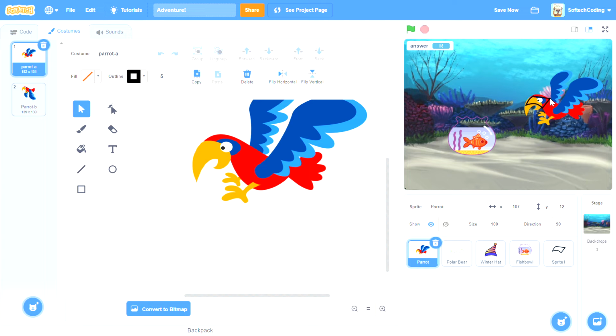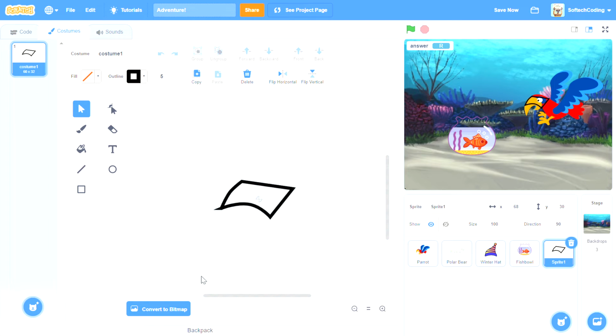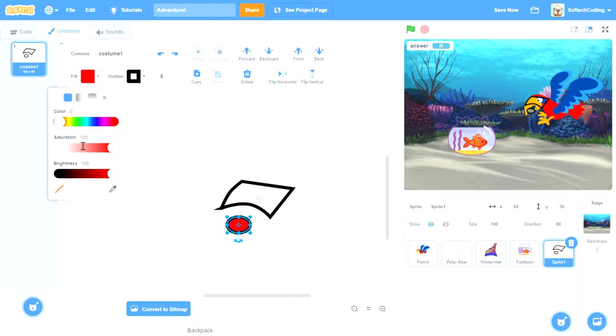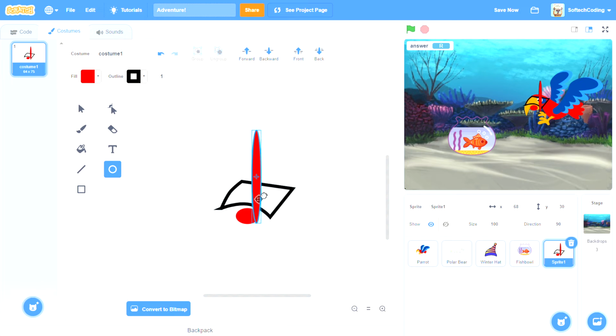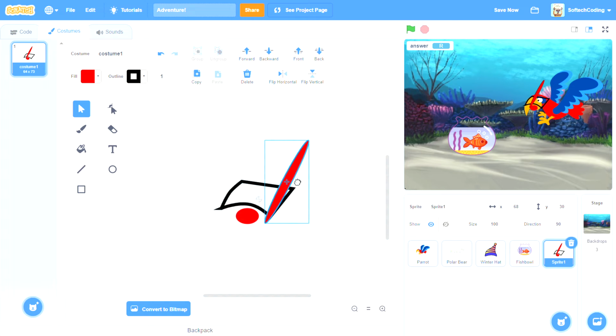So now I'm gonna add the part that goes in its mouth. I'm gonna click on the circle, I'm gonna make a little circle for our parrot. All right, I'm gonna click on this and I'm gonna make it maybe red. And I'm gonna make the outline to 0. Now the parrot needs to bite on it, and we need to make the snorkel part. I'm gonna make a nice oval here, and I'm gonna click on this. Now if we rotate it, we put it here,